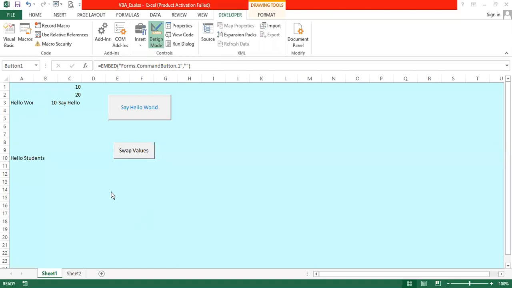So we'll go for a quick review of the concept, what we did now. So we have written a macro. So Alt F11, if you give, we can go to the developer window.